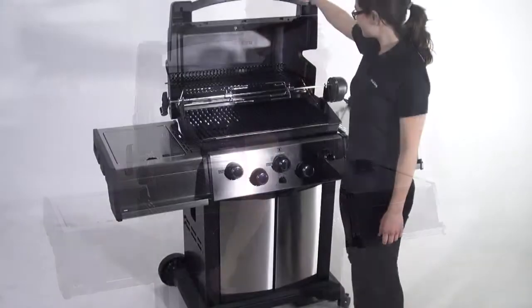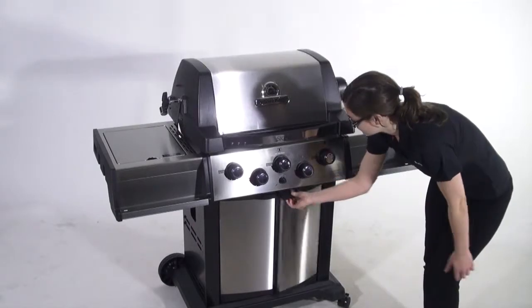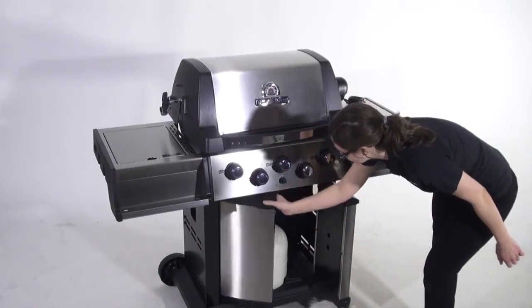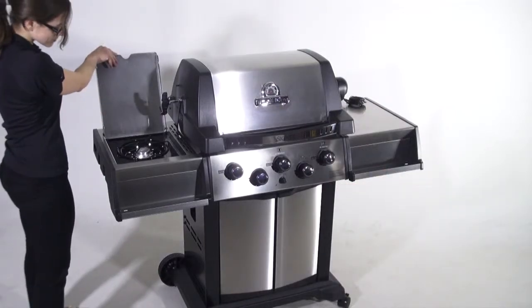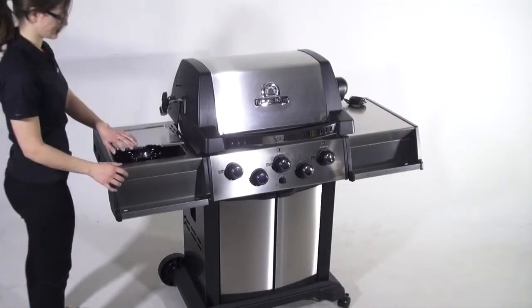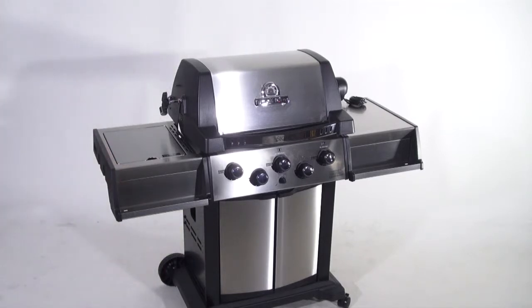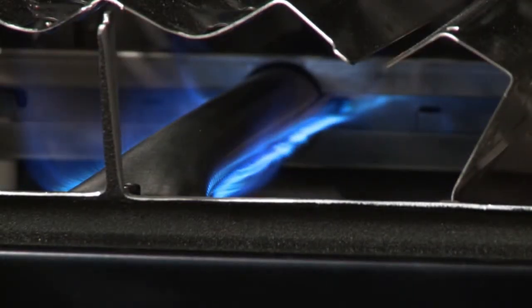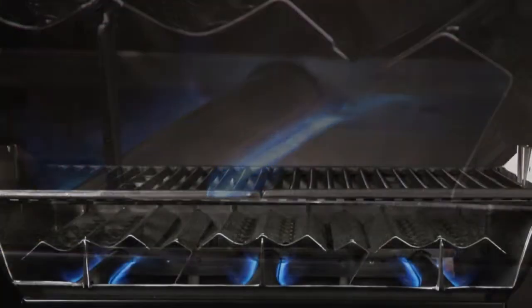Now is a good time to look over your barbecue. Ensure that everything is secure and in place. From there, light your barbecue and leave it on medium-high for at least 20 minutes to burn off any residue